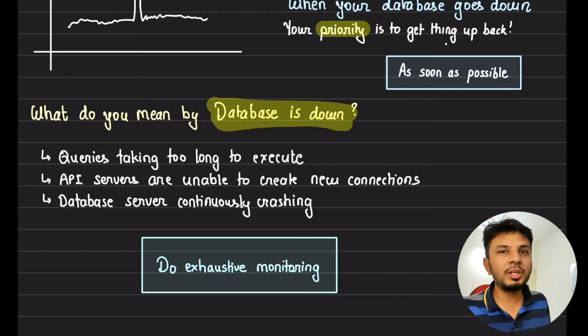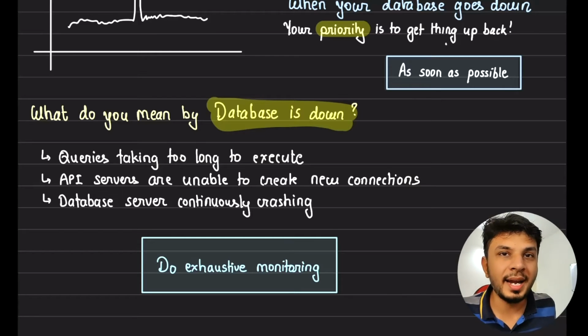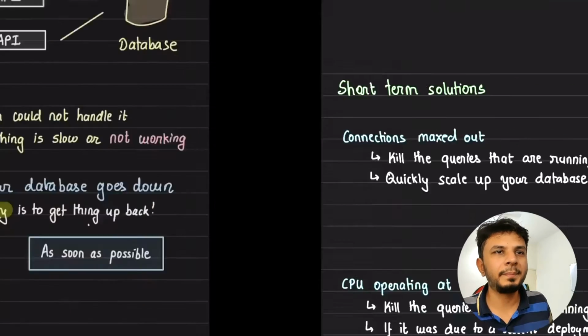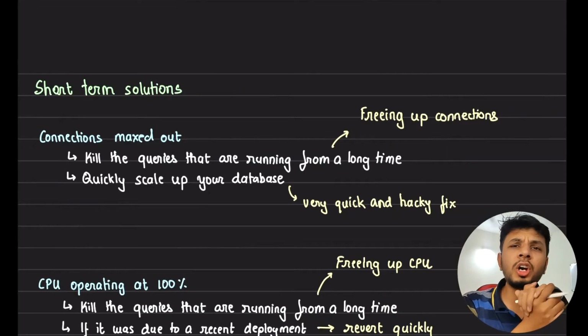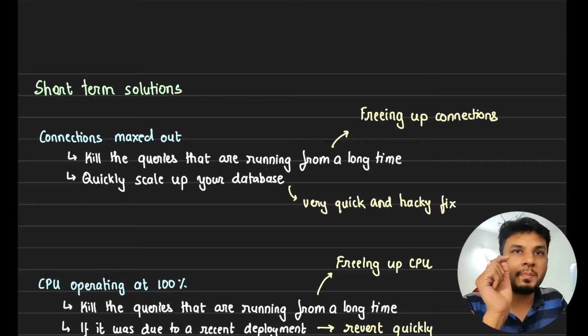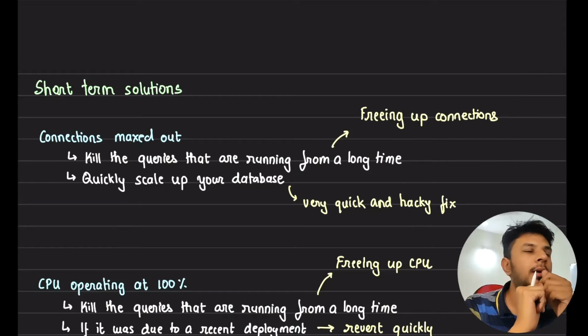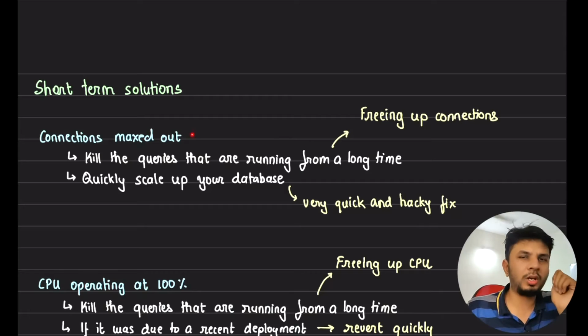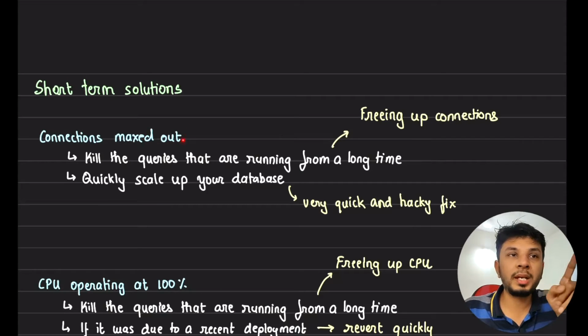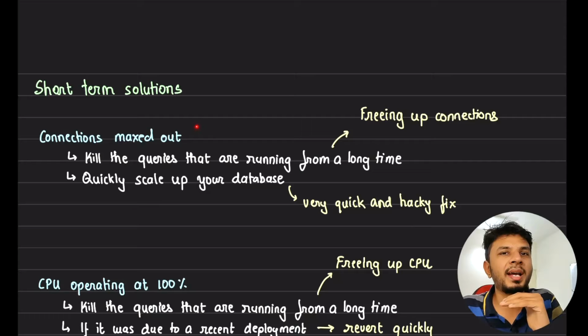So that's where you need very exhaustive monitoring to understand what has happened. So let's talk about a few short-term solutions that would minimize the downtime and get your database up again very quickly. One possible reason for your database going down is that the connections have maxed out, which